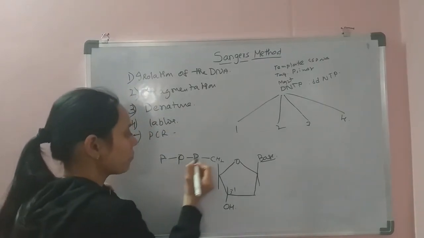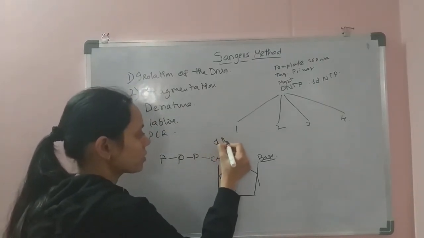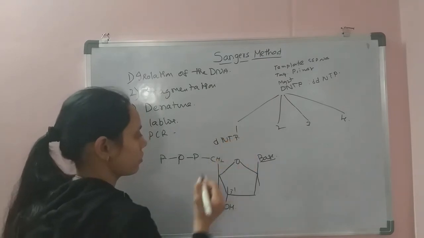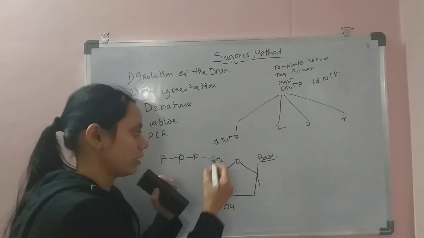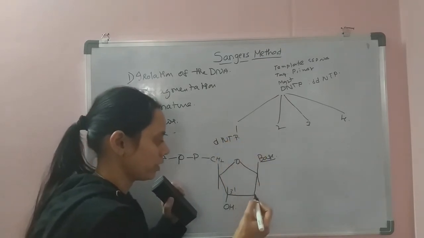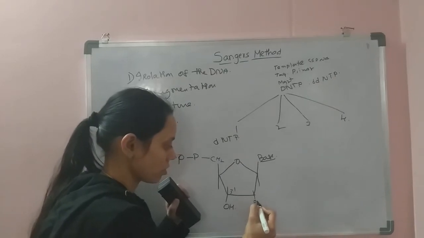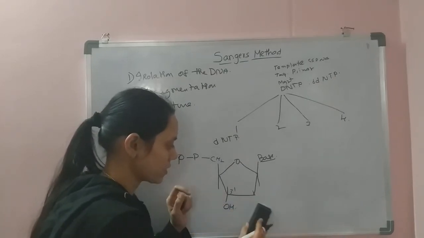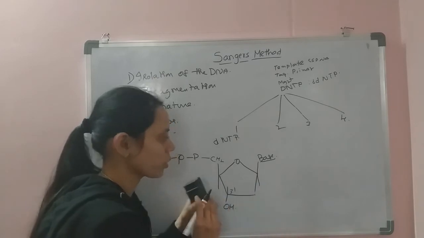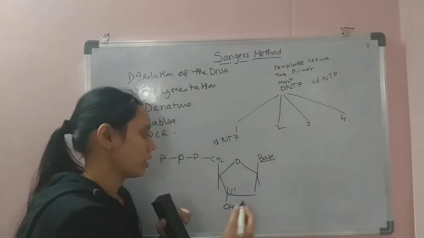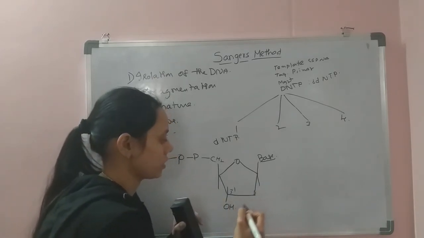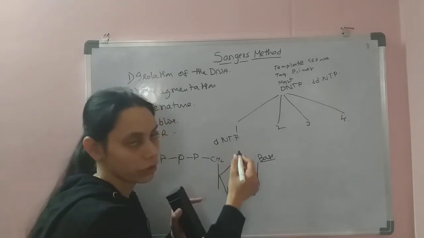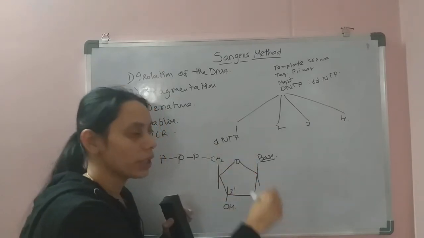So this is the dNTP structure. That means deoxynucleotide. Here the oxygen is removed, so it is deoxy. The 2' oxygen is no more available, so it is called deoxynucleotide triphosphate, which are the building blocks of the